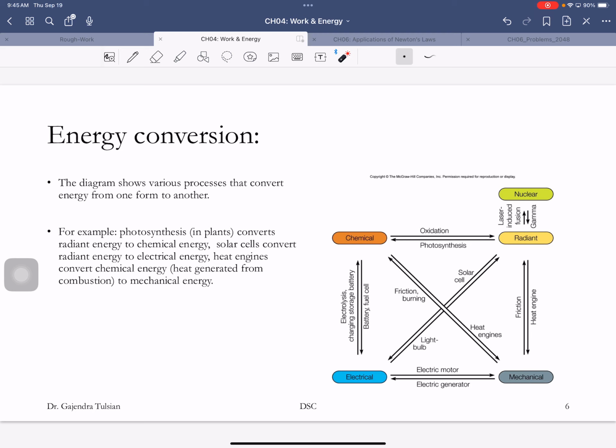Mechanical energy, so you can take chemical energy like in gasoline, and in a car, which is a heat engine, convert that to mechanical energy. Mechanical energy via friction can be converted to heat and stuff like that. Electromagnetic energy, radiant energy via heat engines can also be converted to mechanical energy. Okay, so here are all these devices that we use in our lives that show you how to convert one form of energy to another form of energy.